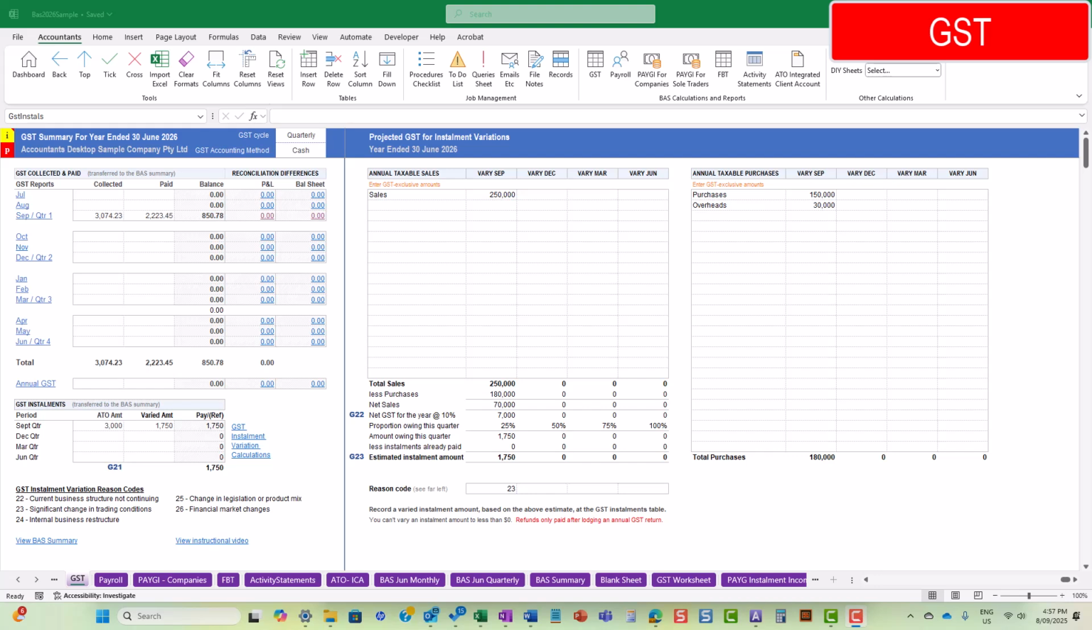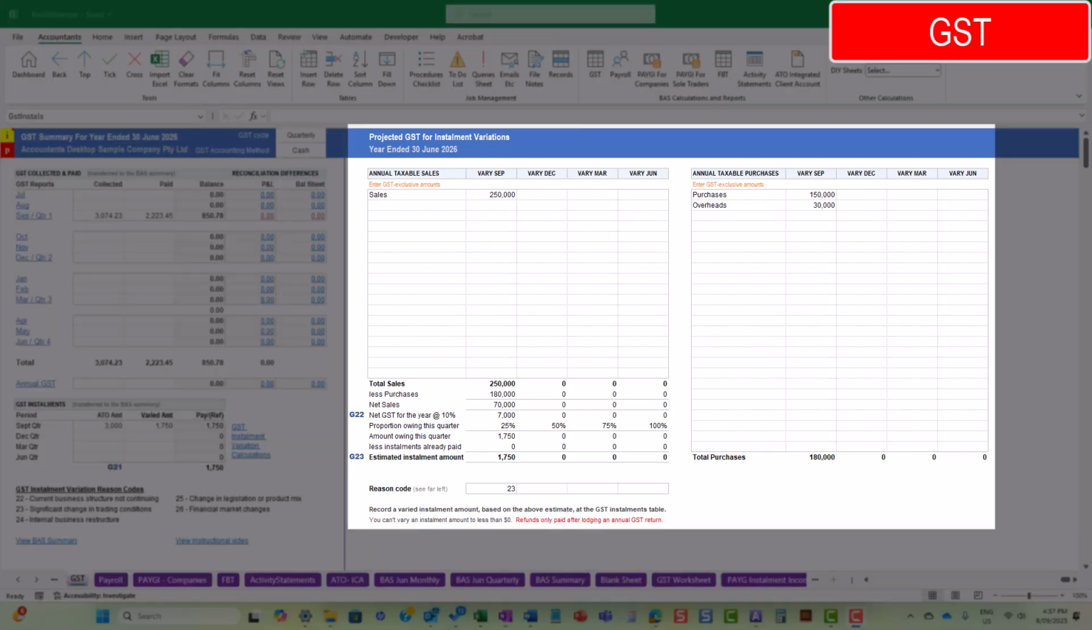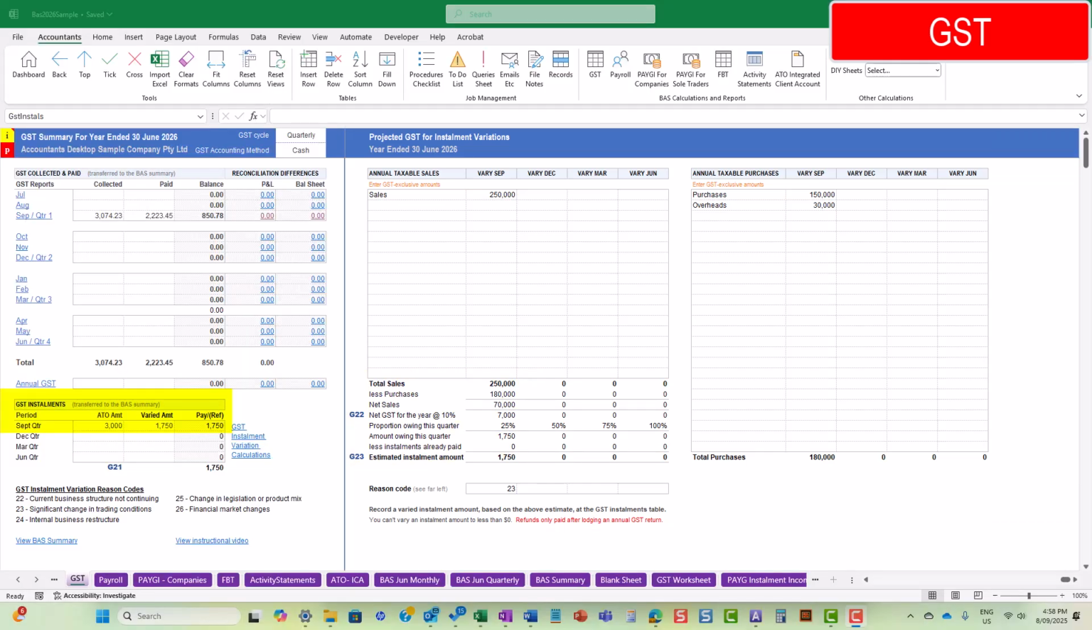In that scenario, you enter the ATO instalment amount at the summary towards the bottom of the screen and click on the adjacent link called GST Instalment Variation Calculations, where you can enter projected sales and purchases with GST to quickly calculate the expected annual GST liability and the amount payable for the current quarter. I've then entered the varied amount calculated, or I could choose an amount based on that varied amount at the